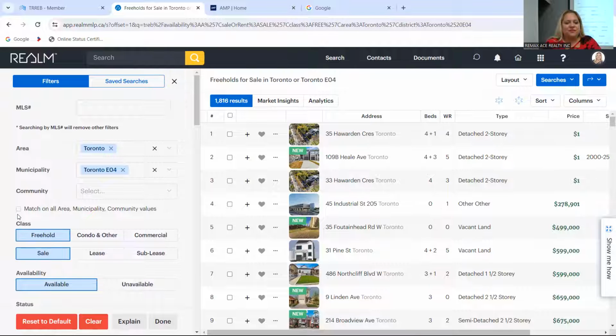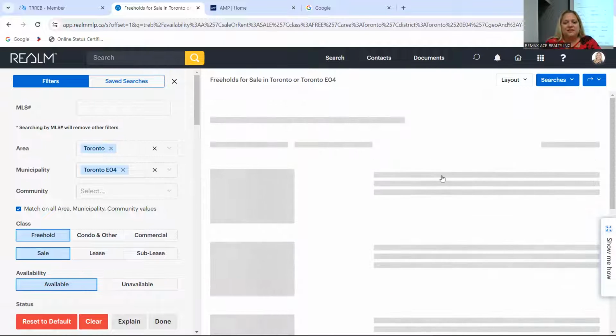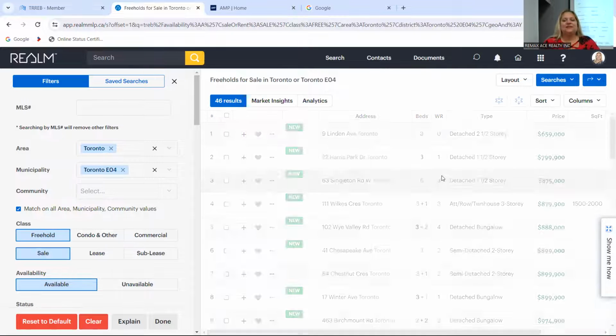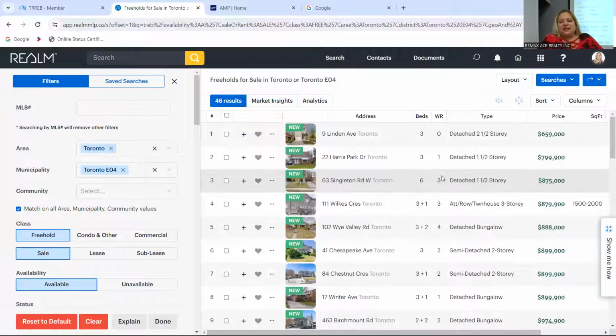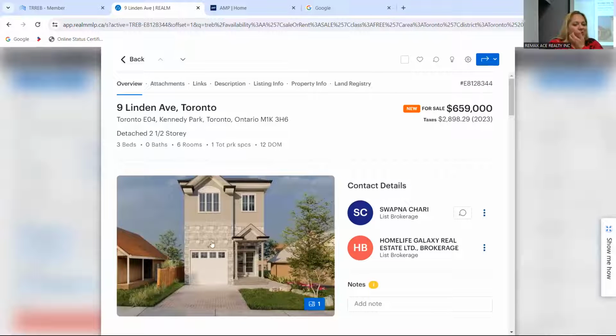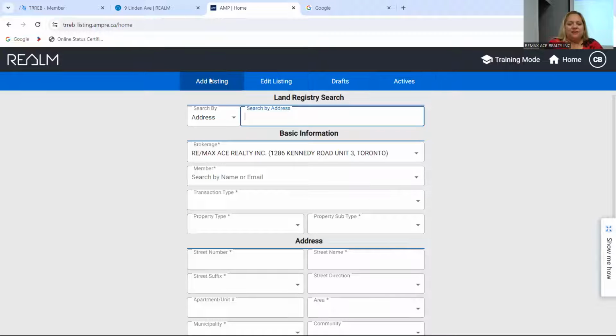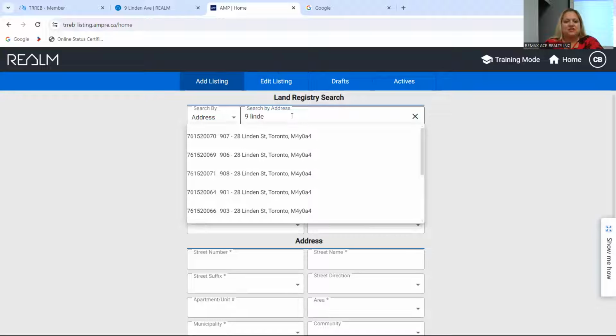Okay, so now we're going to go into the EO4 area and look around the office, and we see, as soon as it catches up, 9 Linden, new listing. We're just going to keep that up on our screen. It looks like a new build house. We're going to list this property right now, even though it's already listed. So I'm going to go to the add/edit and search by address. The first thing you're going to do is start by searching the address. So this is 9 Linden